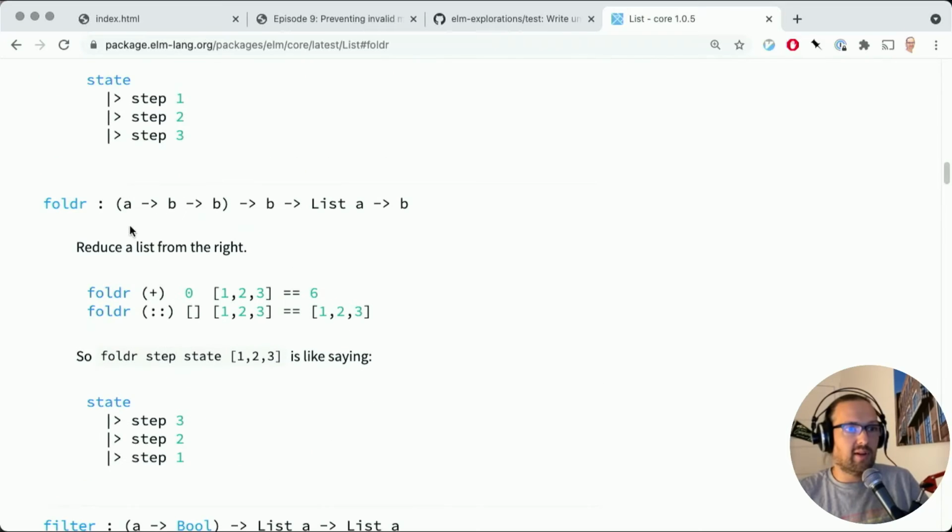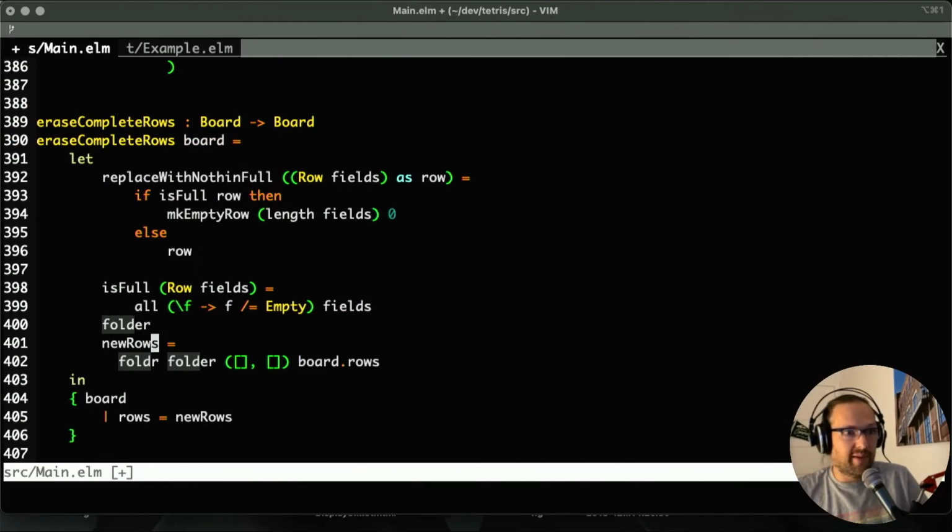So the foldr function reduces a list from the right, and maybe we work our way back from the parameters, because this way it's a bit easier to understand. It takes a list of A and it produces a B in the end. So whatever parameter we put as our starting value will also be our return value. And since we have already defined our B, maybe we just copy over this declaration, because then we can write up our